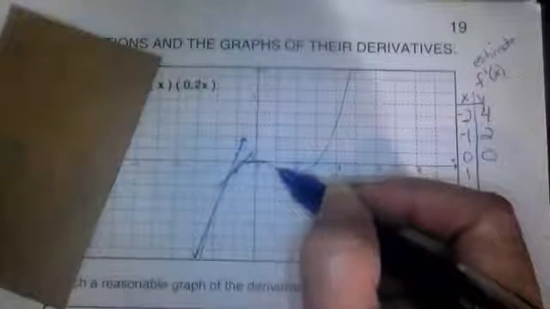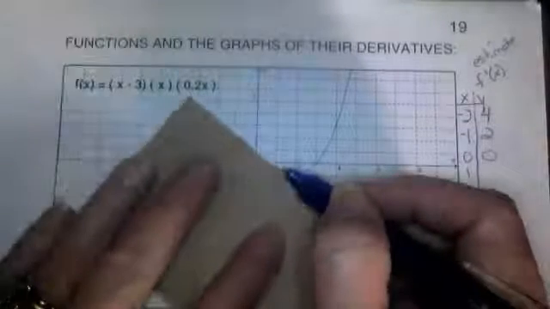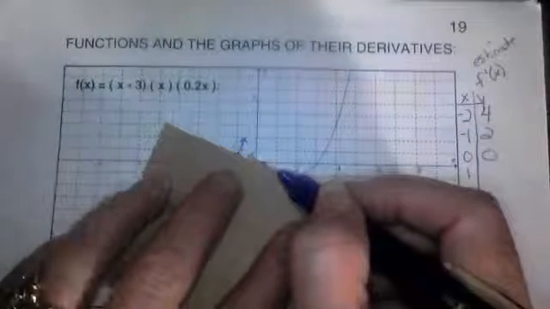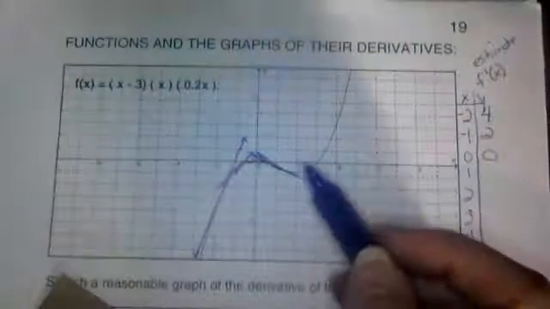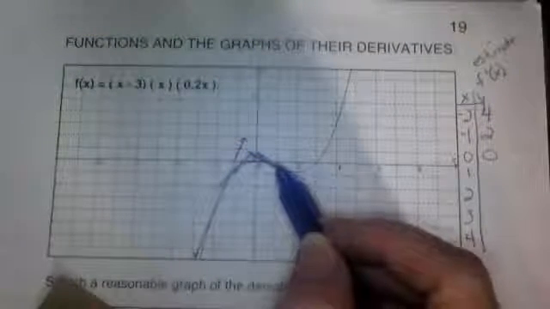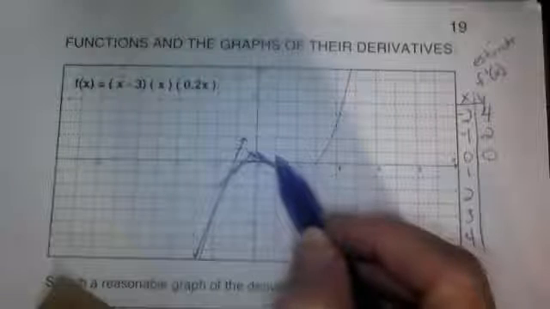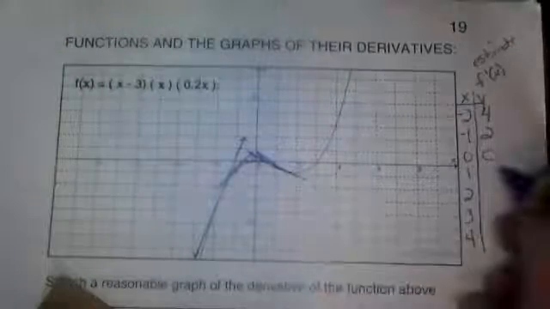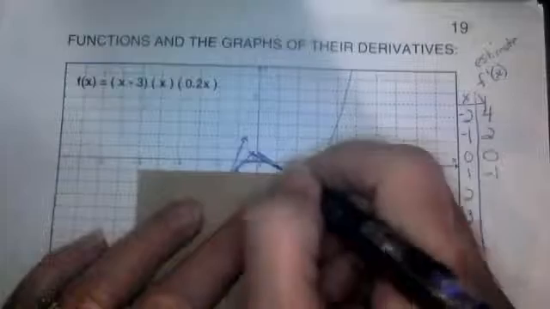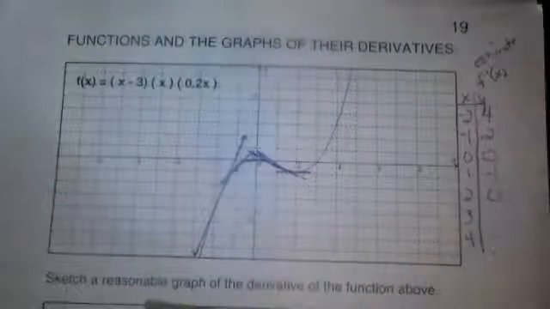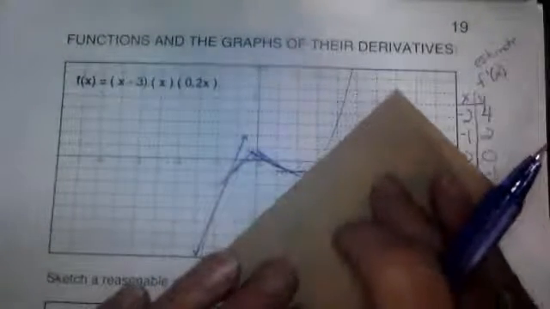At 1, that's not a very good line, but it looks like it goes down maybe 1 over 1, so maybe a slope of -1. Again, these are just estimates. At 2, though, looks like that's going to be another place where we have a flat line, so a slope of 0. And then at 3,